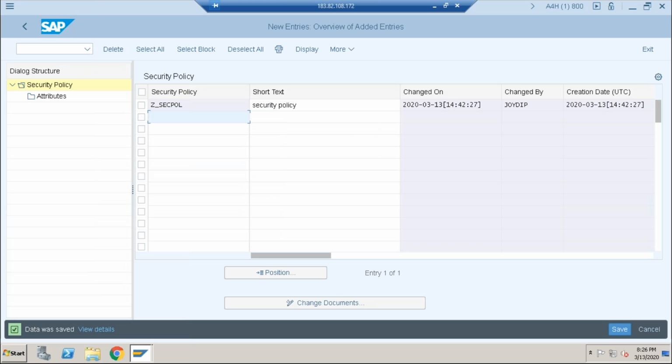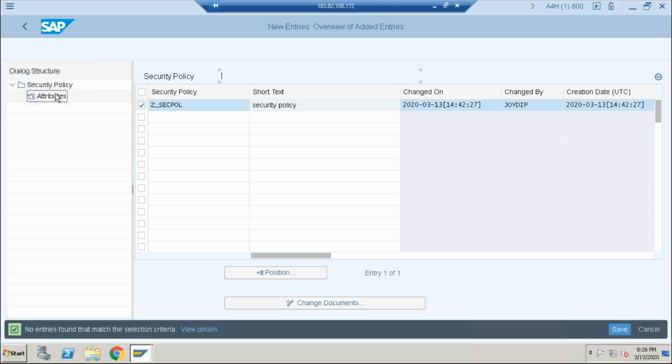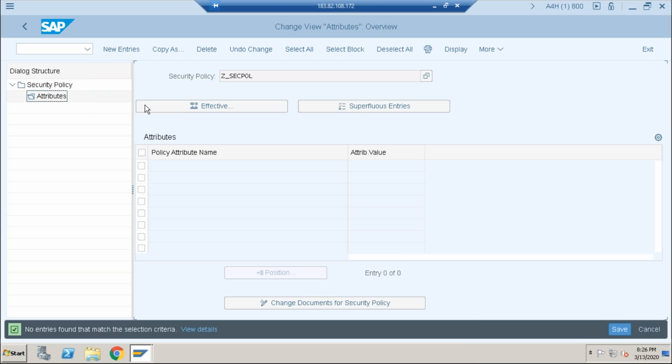Press the selected button. Set the security policy attributes. So you have to give the policy name and the attributes. Just click on policy attribute, then click on new entries again.